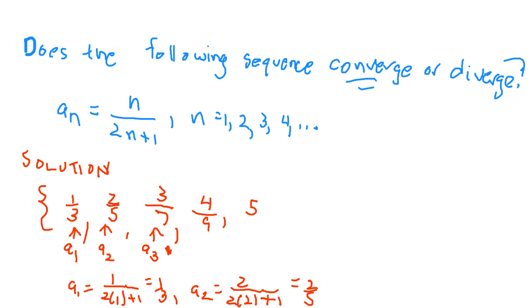Next term, 5 over 11. All right. We can keep going. What do these terms seem to be approaching? Good, a half. And that's right. So we can say this sequence,